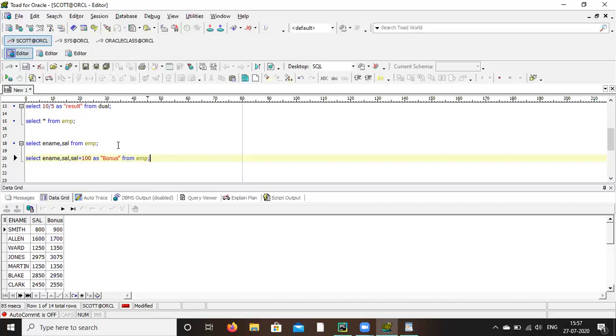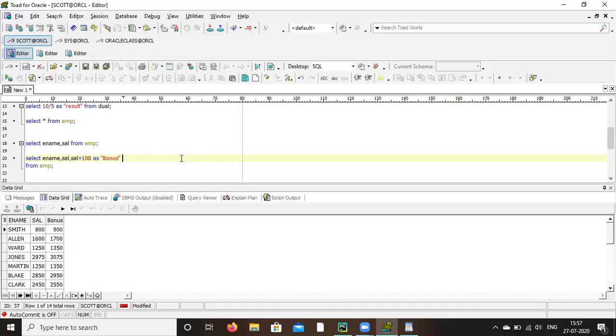So you can see here, this is the arithmetic operator. You can do some calculation, like salary is there, now just add 100 rupees, but it is not updating. Update is different. Update means you are actually updating, but here it is just to view. Select means just to view. It's not updating in the database. Clear? But if you actually want to update, you have to use the update statement, a DML statement. Clear?